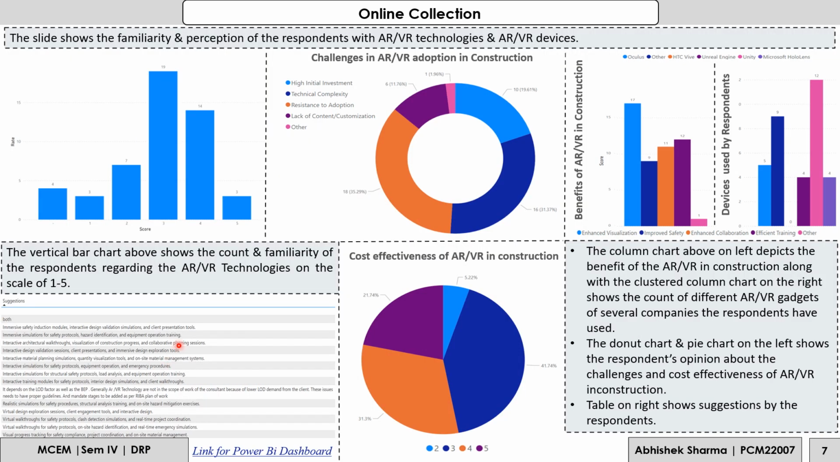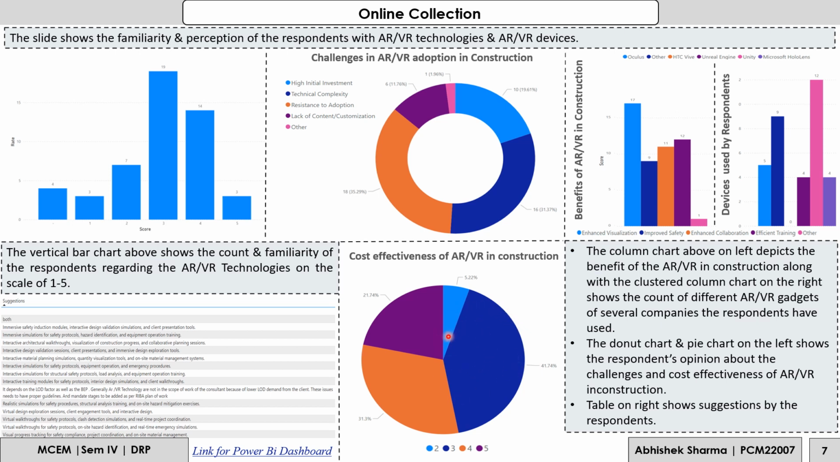The slide shows the data collection. The first bar chart, this vertical bar chart, shows the count and familiarity of the respondents regarding the AR/VR technology on the scale of 1 to 5. This donut chart shows the challenges which AR/VR adoption faces in the construction, while this pie